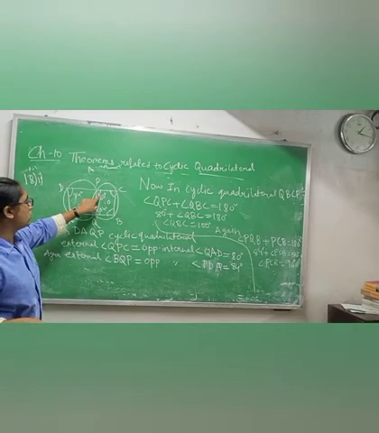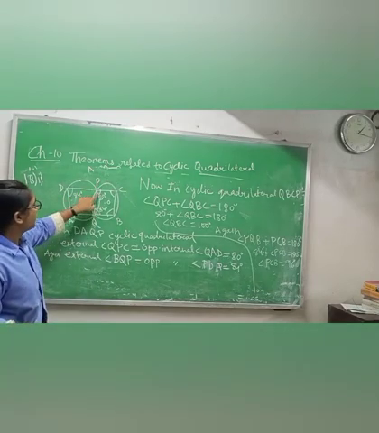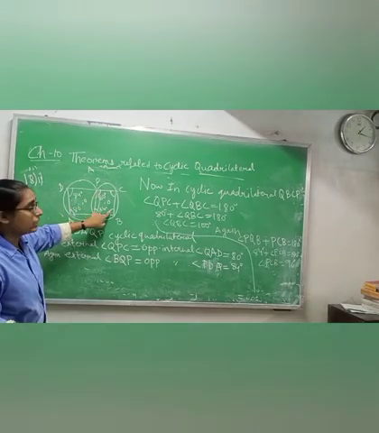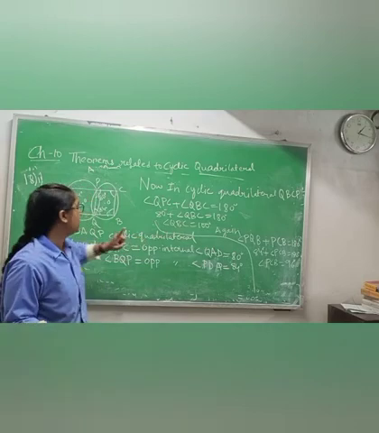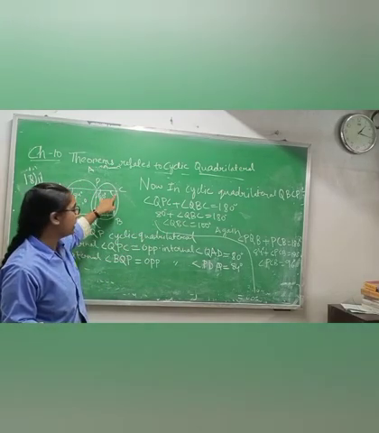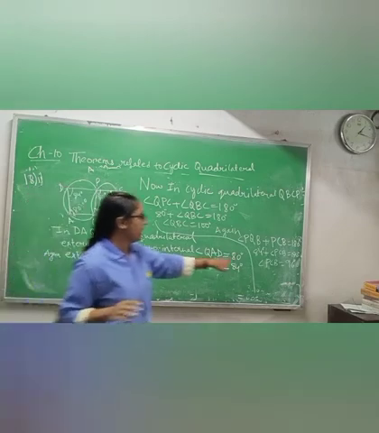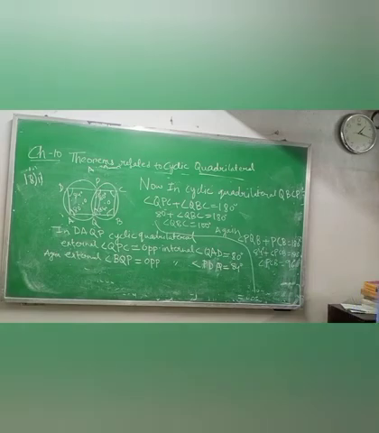So what we have done: 80 degrees is given, this one is equal to this, so we got this angle. This one is equal to this, so we got this angle. Now adding these two, we will get 180 degrees. So I am subtracting and getting 100 degrees, and adding these two gives 180 degrees, so I am subtracting 180 minus 84 and you will get 96 degrees. Complete this one.